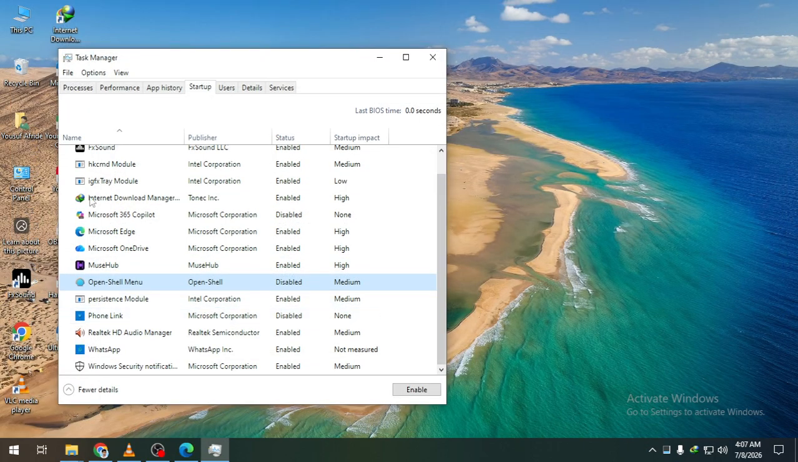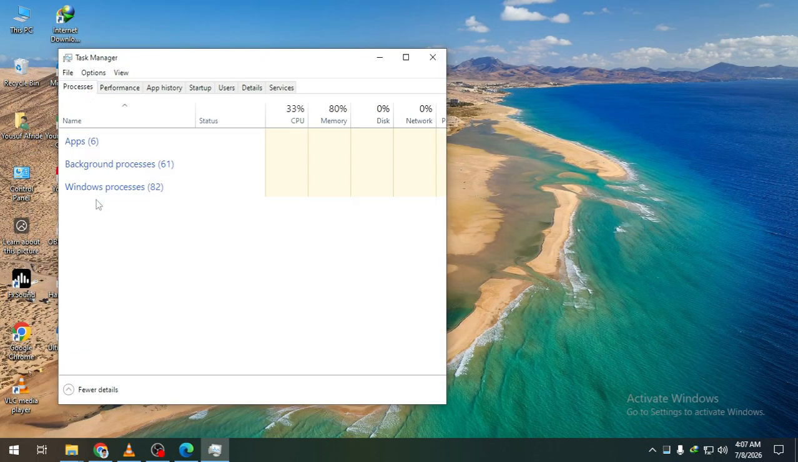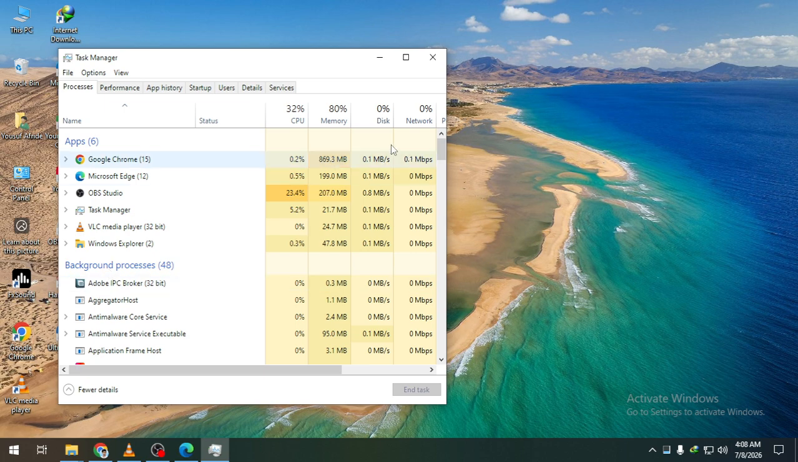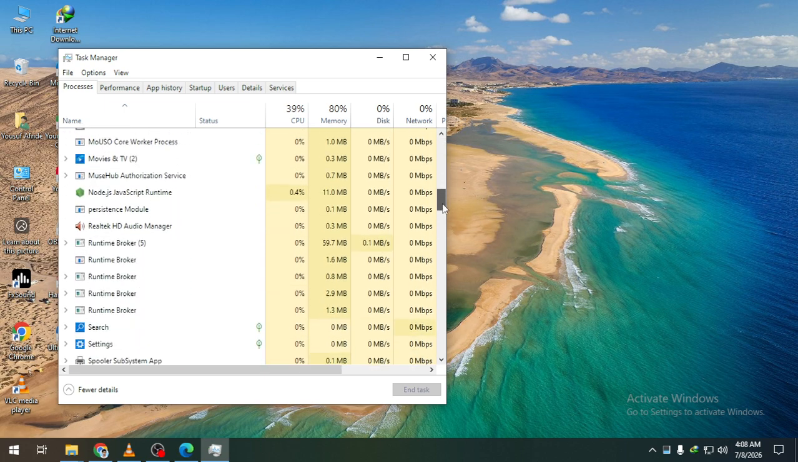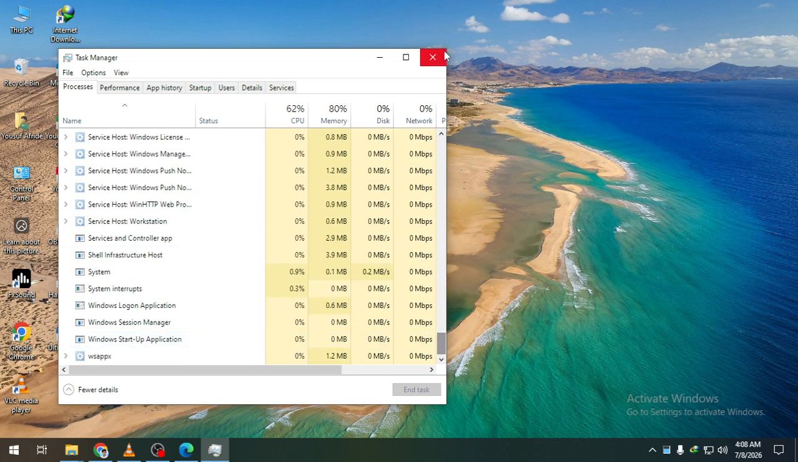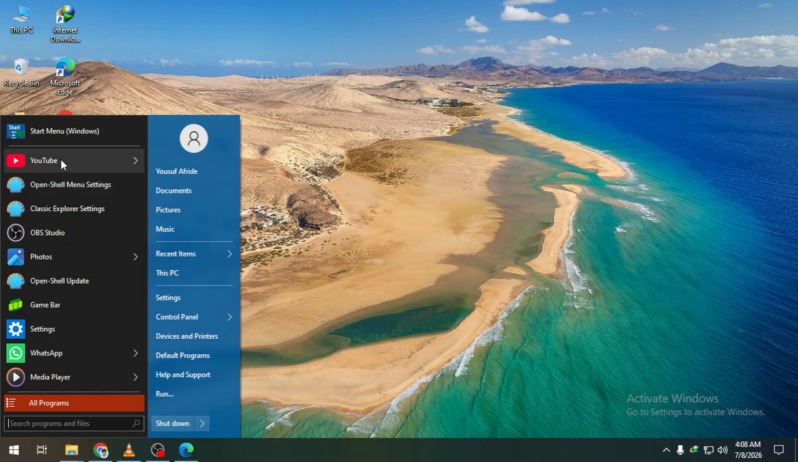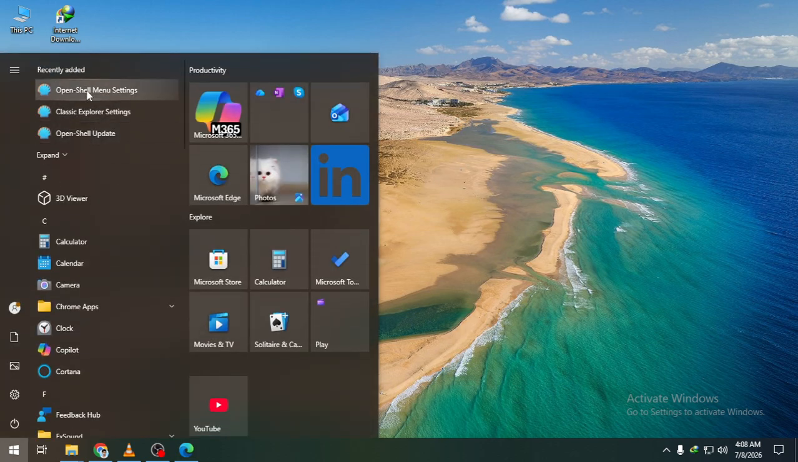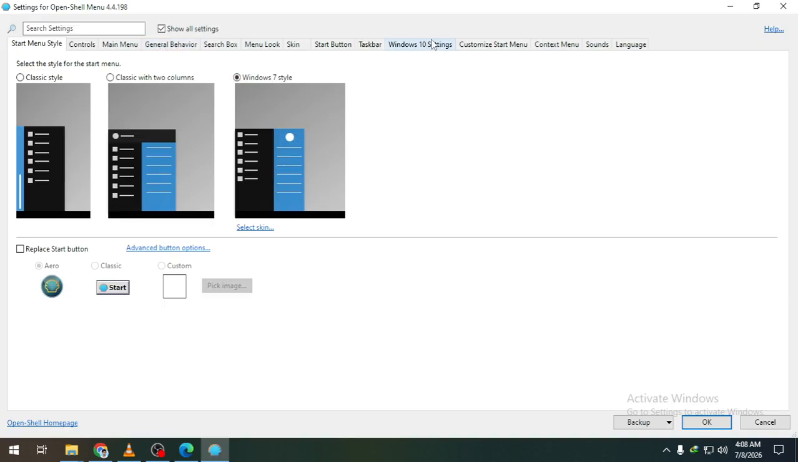To enable OpenShell again later, search for OpenShell menu settings and open it. You can also re-enable it in the Startup Apps tab if you want it to launch automatically after sign-in. Your previous menu settings should still be there, so you will not need to set everything up from scratch,